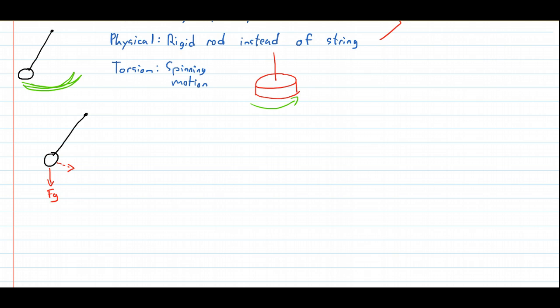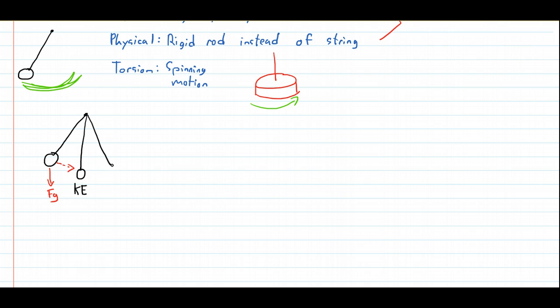This creates a torque on the pendulum, causing it to move back towards the center. And so as it swings towards the center, that torque gets smaller and smaller until it returns to a vertical position where now the torque is 0. So here in this vertical position, it has no more forces causing it to swing, but what it does have instead is kinetic energy. And so because it has kinetic energy at that spot, it continues to swing back up in the other direction,